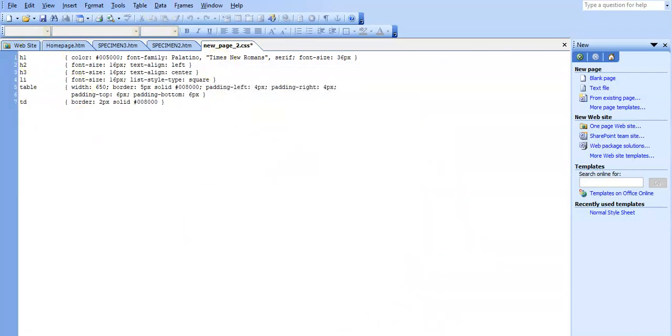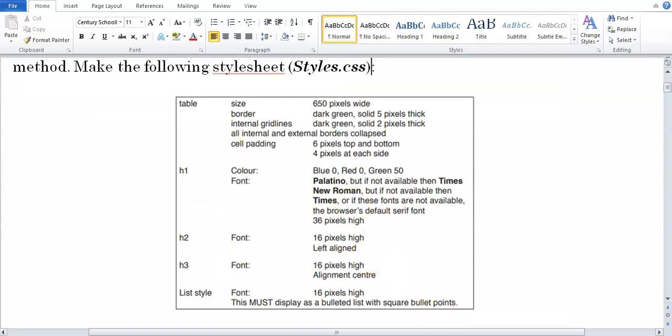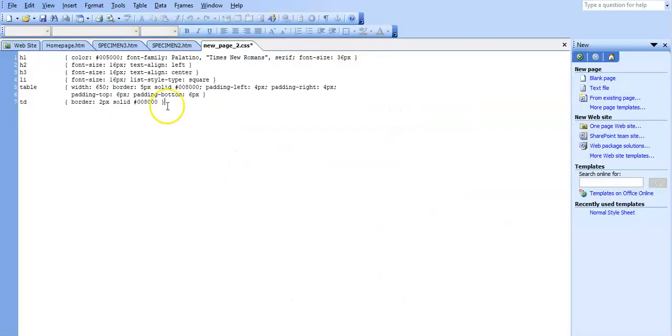So this is the end result for this question. All these tags have been made over here. So what we need to do now is make it efficient. We've got to change the structure of it a little bit. And what that means is you've got to look for styles that have things in common and then